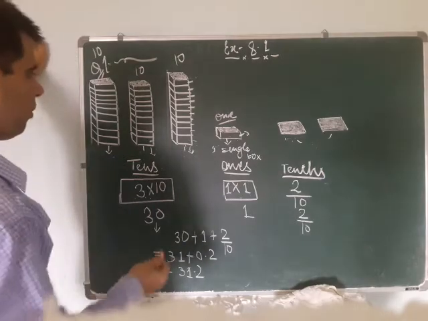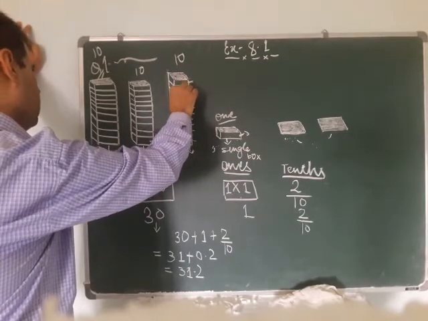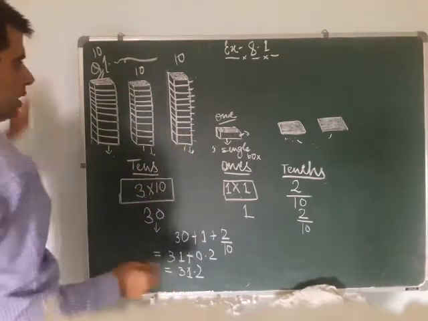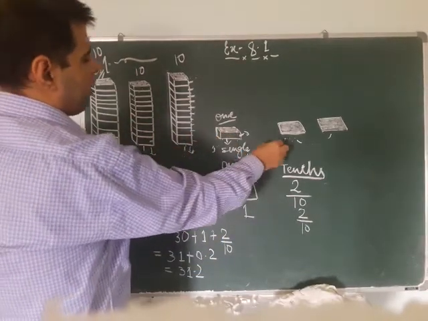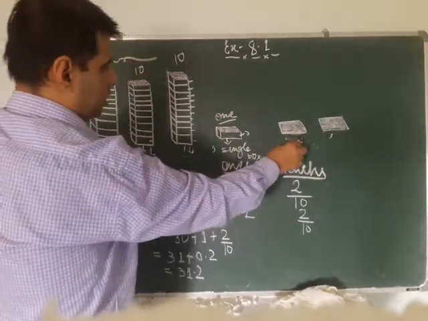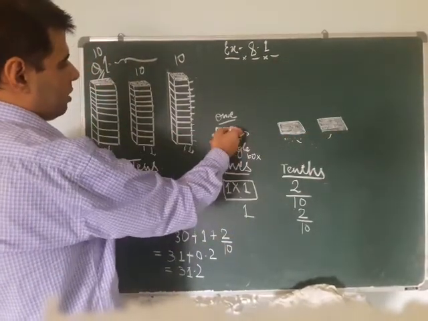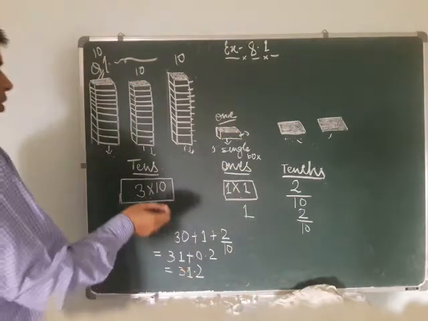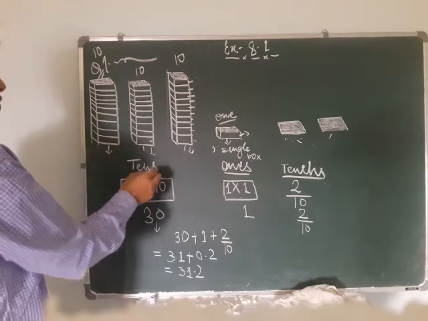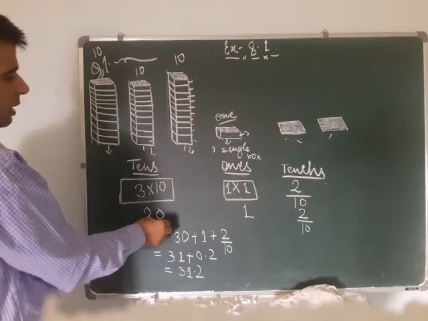So in this figure we had three sets of 10 boxes. In each set there are 10 boxes, 1 2 3 4 5 6 7 8 9 10. In each set there are 10 boxes, and here there is one box, and each box is made up of 10 entity of this kind. Or we can say that if you place these 10 entity one over another, we will get one single box. So since here we have three sets of 10 boxes, if you are asked to count the number of boxes, how will we count it?